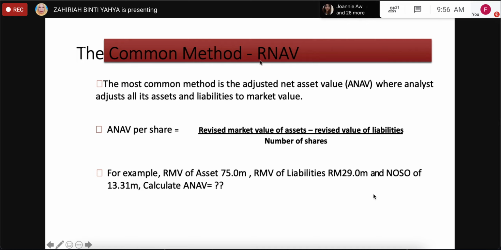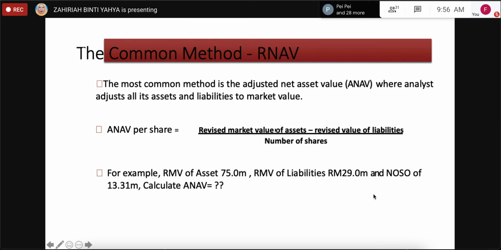Bukan RNAV ni, ANAV, ya. The most common method is the adjusted net asset value, ya. ANAV, where analysts adjust all its assets and liabilities to market value, ya. So net per share: adjusted net, revised market value of asset minus revised market value of the liabilities, over number of shares. So kalau orang yang tak tahu yang market value of asset ni, dia just ambil book value